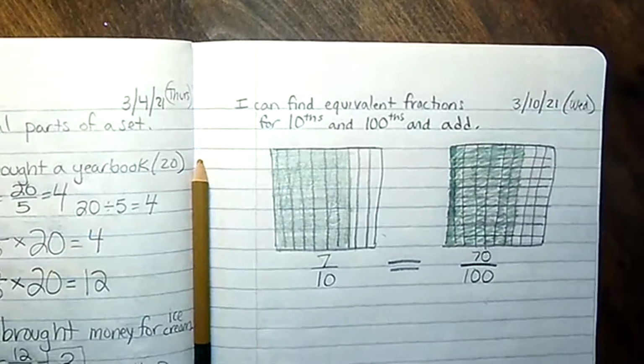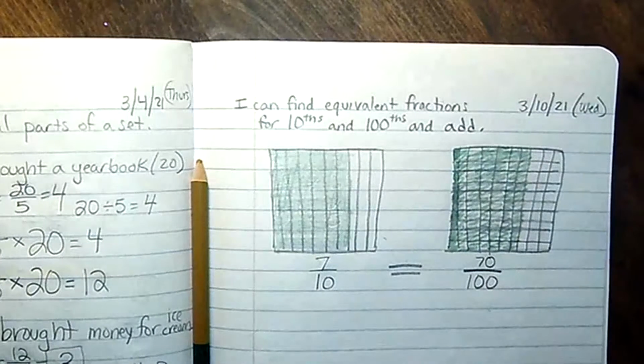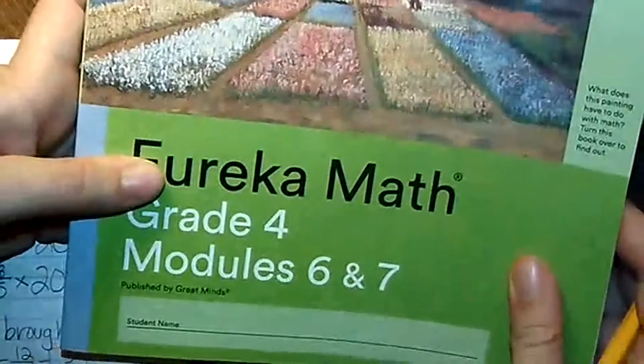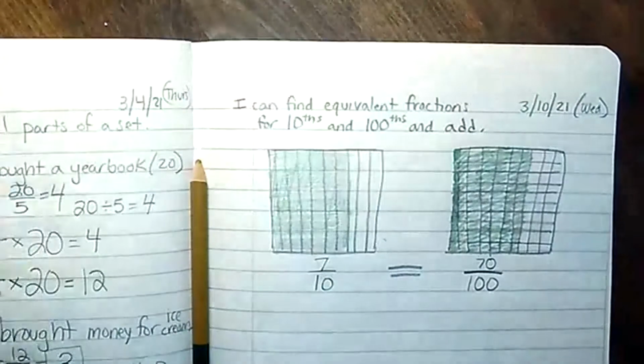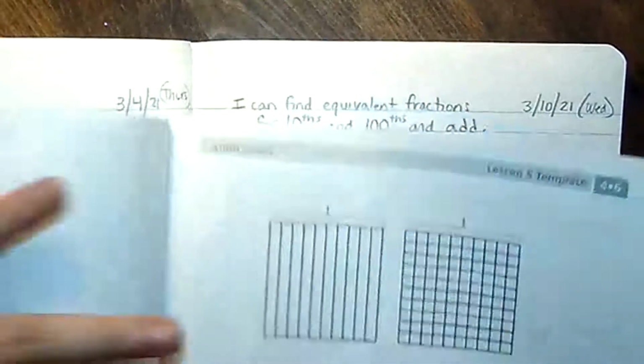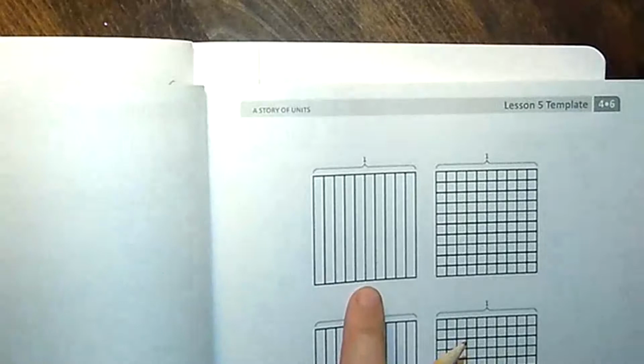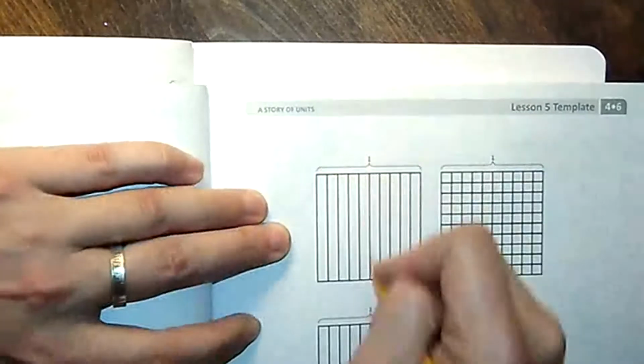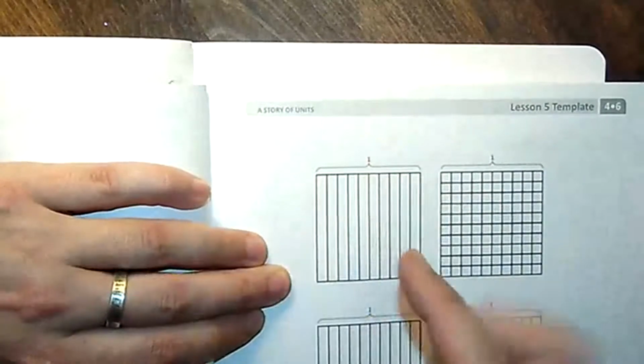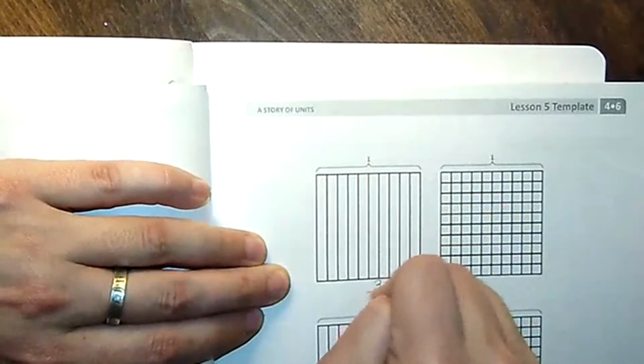So we're going to start in your book, actually. I want you to turn to page 37, and we're in a new book. This is our Module 6 and 7 book. If you don't have the book, don't worry. I just want to use this picture to show another similar example. If I colored in 3 tenths, look, this shows 1 whole chocolate bar. If I showed 3 tenths on this side,